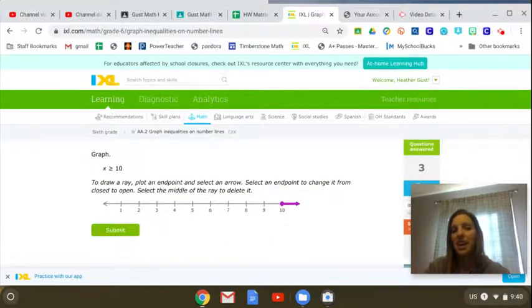So if I can say 15 is greater than x, 20 is greater than x, those would all be over here on this side of the number line. So then I can go ahead and say, yep, I've got it. Now let's say that I make a mistake, okay? I can just click the middle of that ray and it'll delete it all for me so that I can start over. So I'm going to click on my 10 again and that end of the ray there